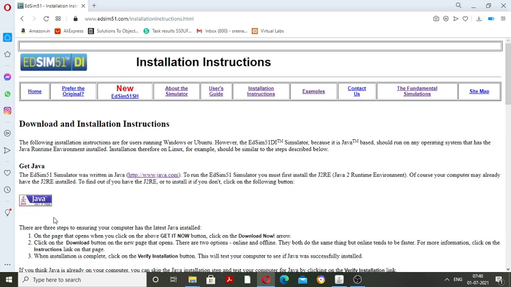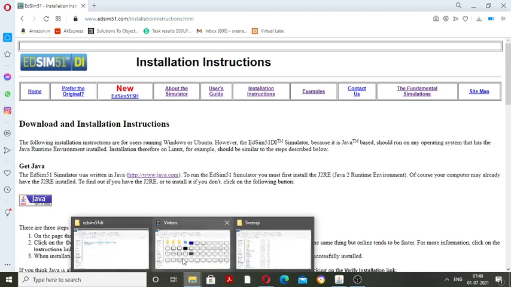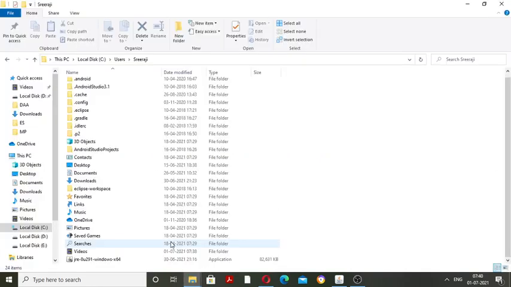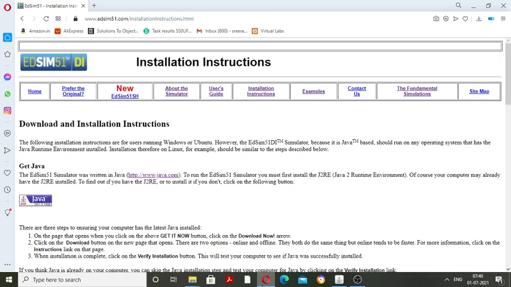After installation of Java J2RE, you can view it in a folder here, like JRE 8U29D1 Windows x64.